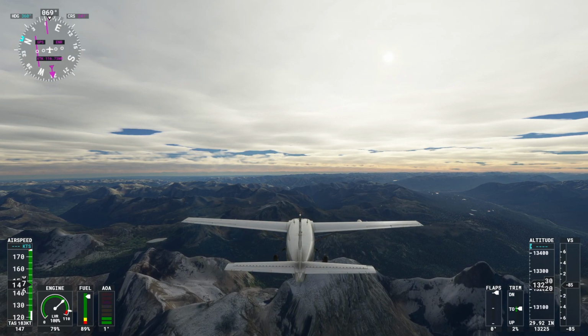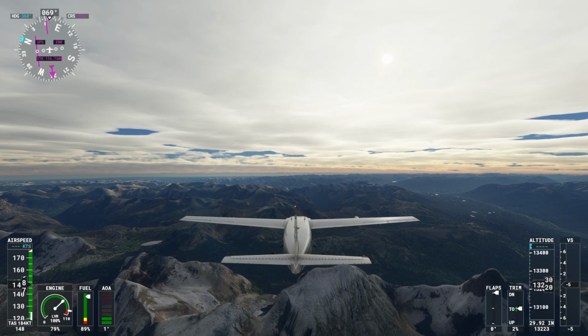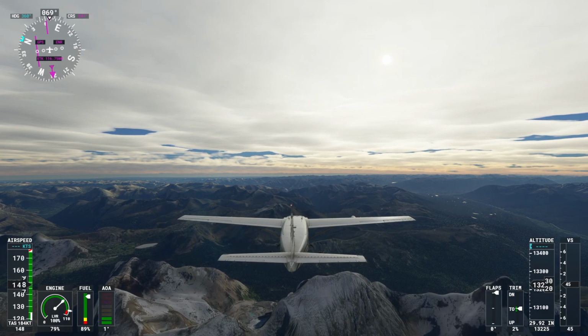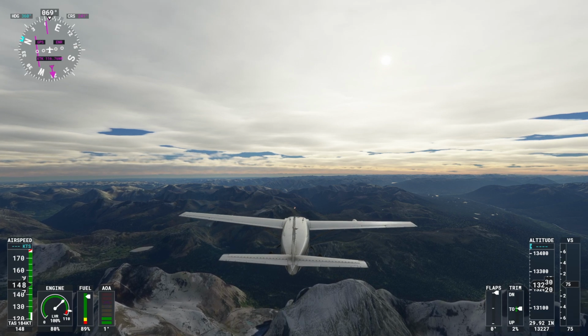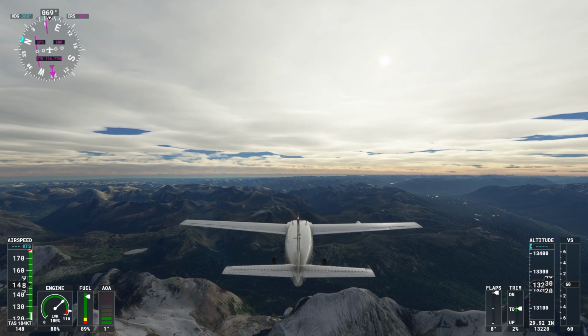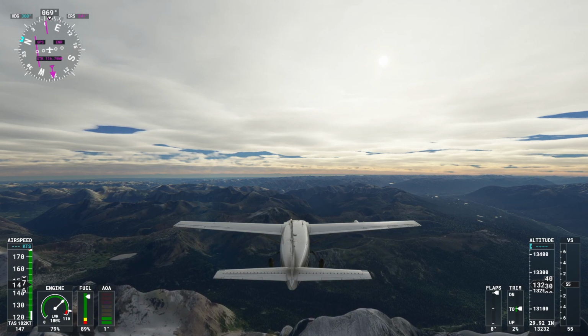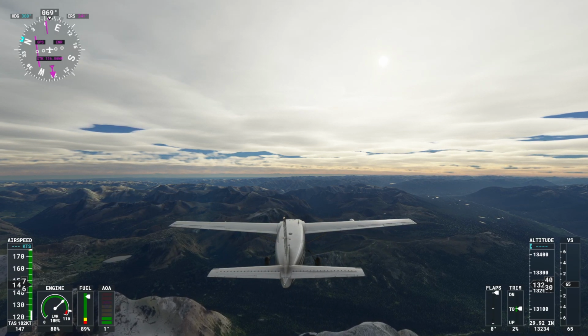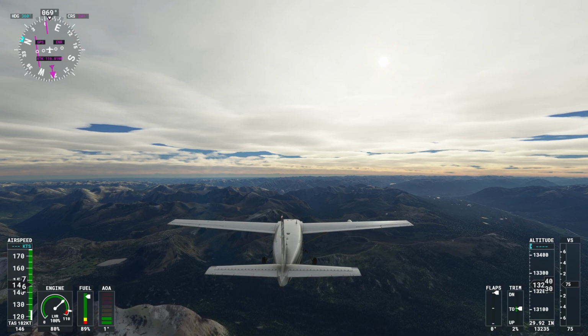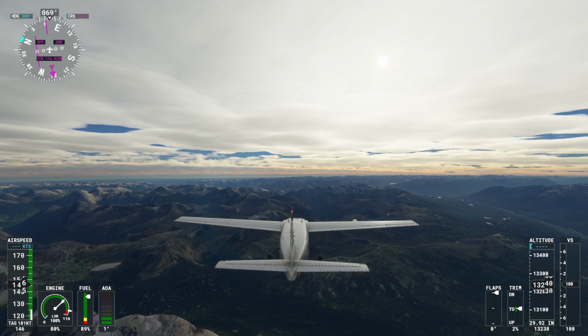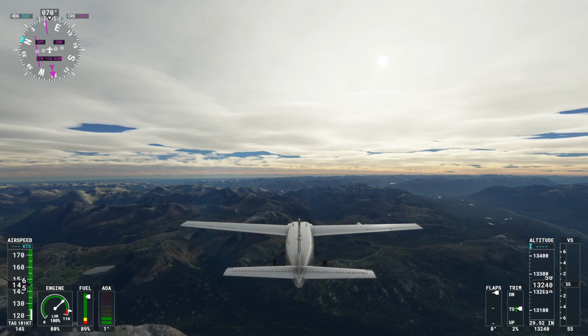In 4 minutes. We need to do 5 and a bit. Another minute to go according to the clock, but I have not seen the border, the BC Alberta border.